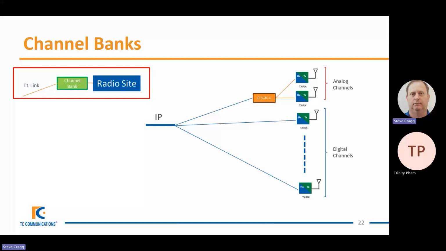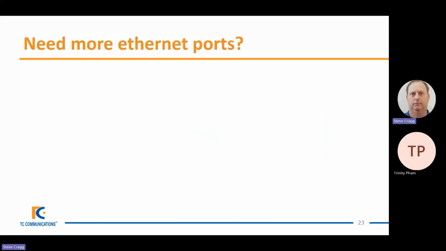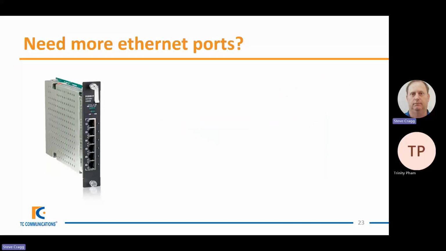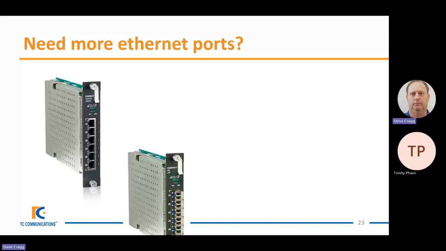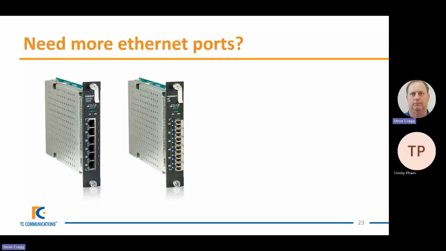Now this brings an interesting one here, the fact that we've got a lot of digital channels. I'm sure you noticed previously that there were 2 SFPs and 2 Ethernet ports on the front of our management card. So what happens if you need more Ethernet ports? Well, the answer is there's a card for that. There's an interface card that provides an additional 6 copper Ethernet ports. There's also a similar card that adds additional SFP modules as well.